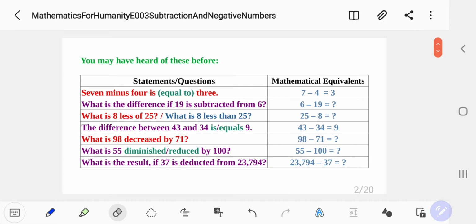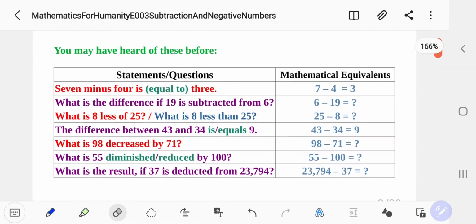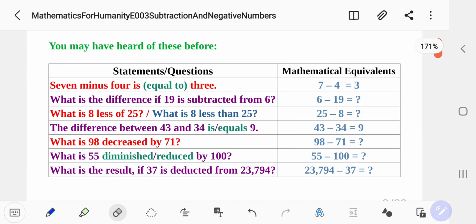You may have heard of these before. We'll convert worded statements or questions to their mathematical equivalents. Here we have 7 minus 4 is 3, or 7 minus 4 is equal to 3,